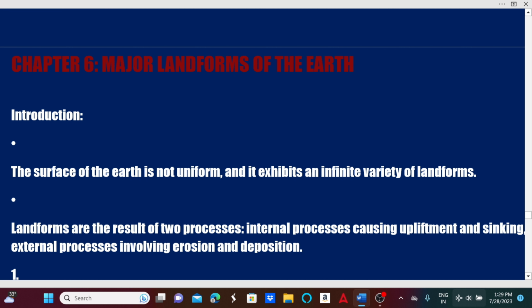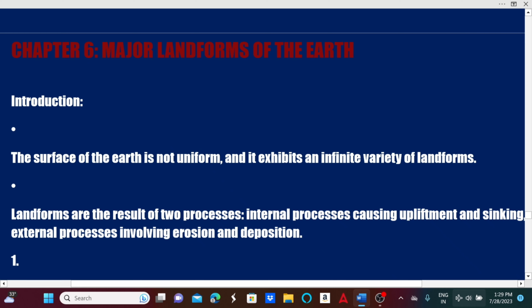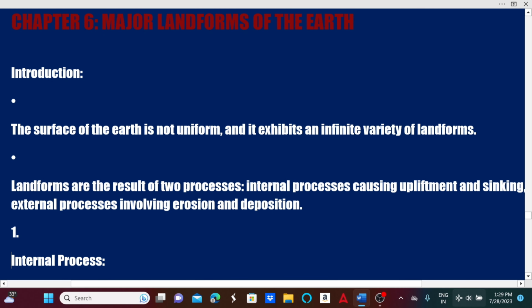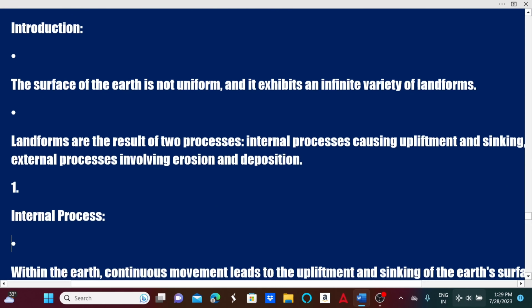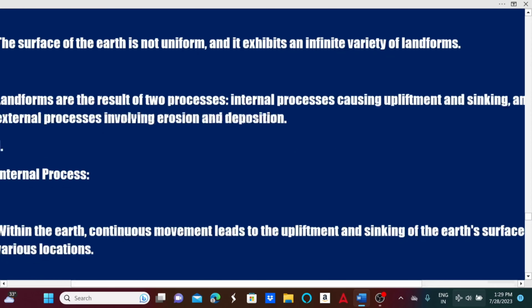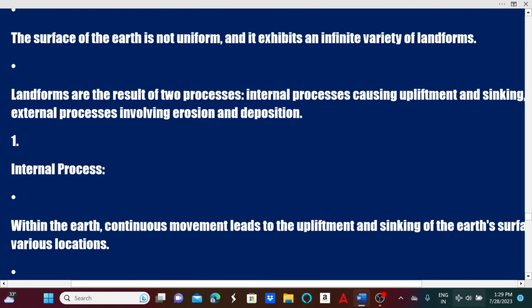Internal क्या कर रही है आपको पता चल गया. What external does, ये भी आपको पता चल गया. Next, talk about the internal process. Within the earth, continuous movements lead to the upliftment and sinking of the earth's surface at various locations. So as we know, in the earth's layer there is magma, so it is giving continuous movement to the earth